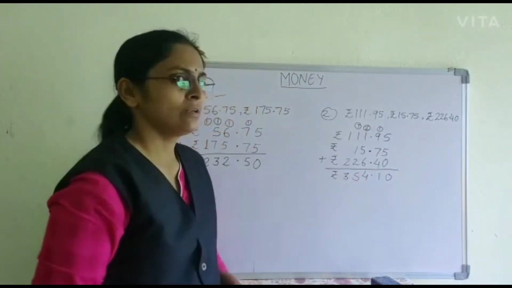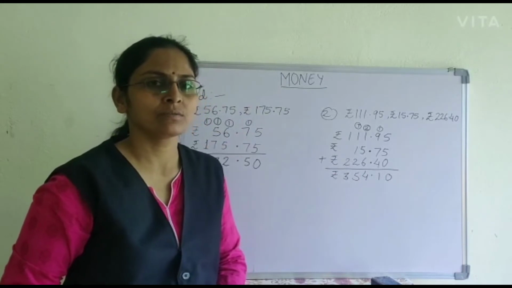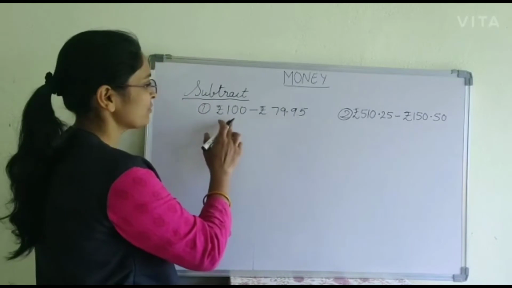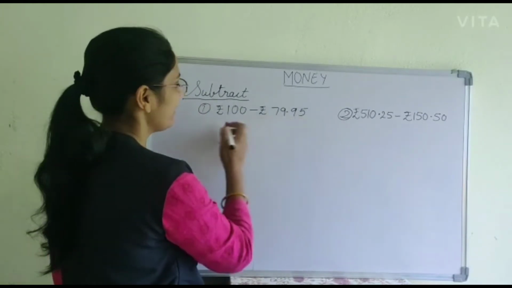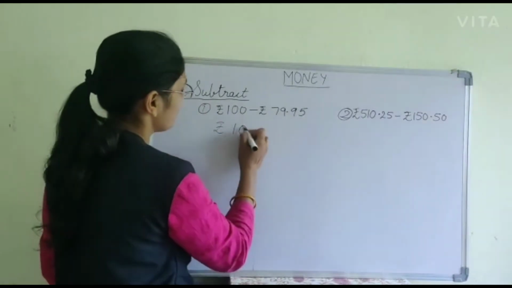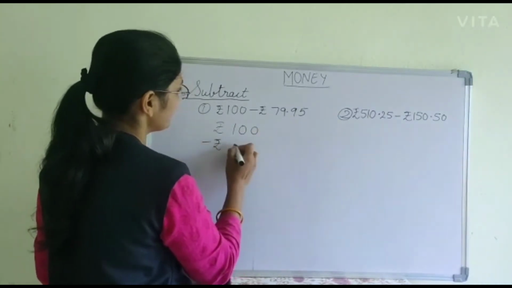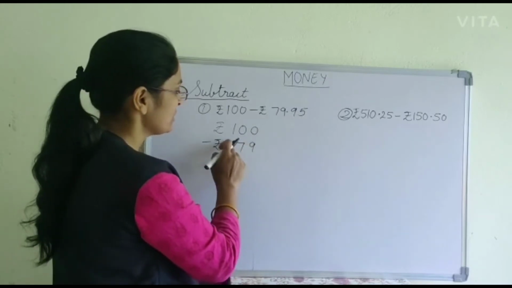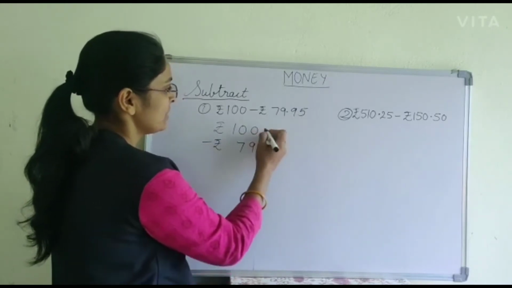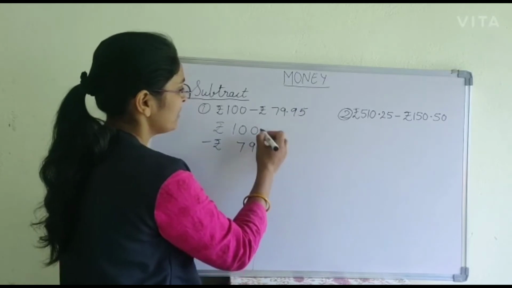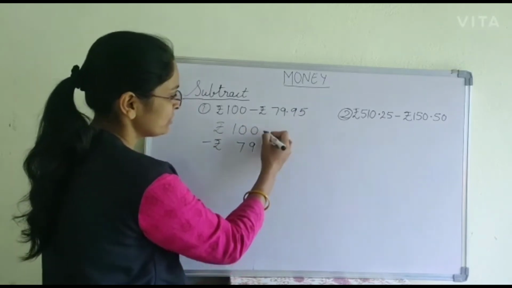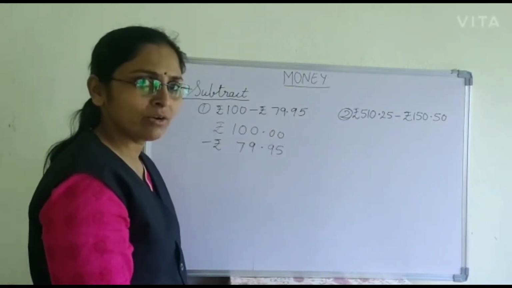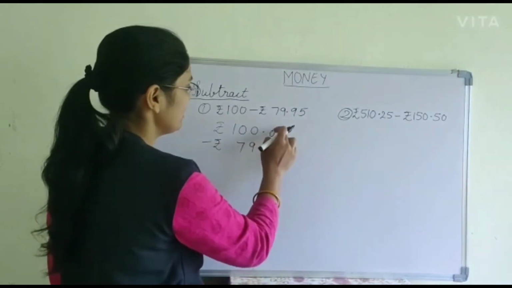Now we will do subtraction questions. Now the questions of subtraction. Here question 1 is rupees 100 minus rupees 79.95. So write it: rupees 100 minus rupees 79. See children, 100 is 3-digit and 79 is 2-digit, so this 100's place is empty here. Now 0.95. But we have to subtract, so what to do? Write decimal 00, meaning 100.00 is equal to 100 only. So we have just written here decimal 00.